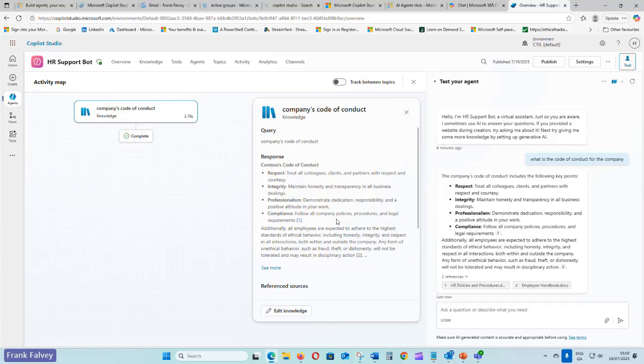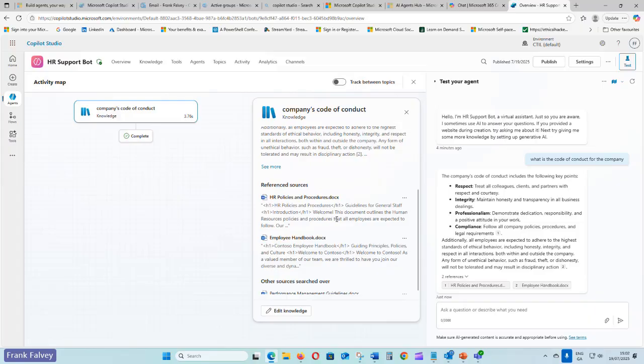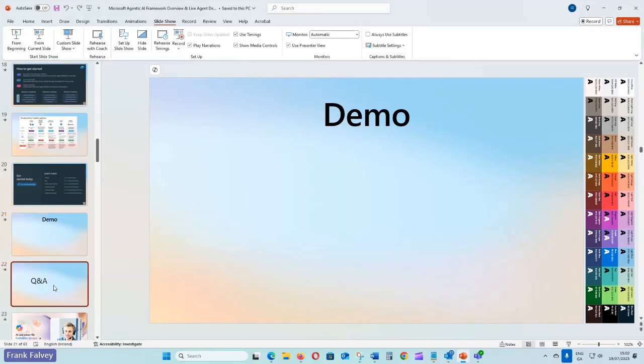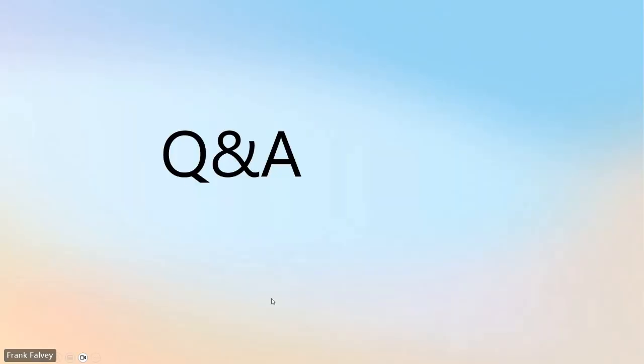This is all good stuff. And if we go down here, it's telling us the resources, so they got it from the documents I uploaded earlier. So that's the demo. Any questions and answers on that?